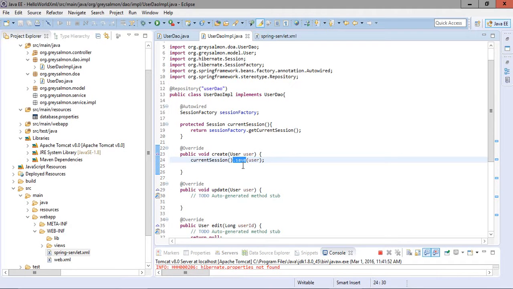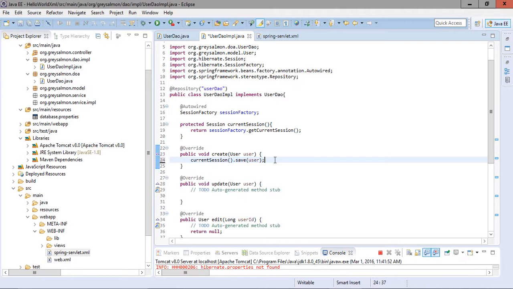The important point to be noted here is that we have not used any SQL queries like insert into user values, this and this and this. No need to write the SQL query. If we write the SQL query in that way, then that query will be a database dependent query.